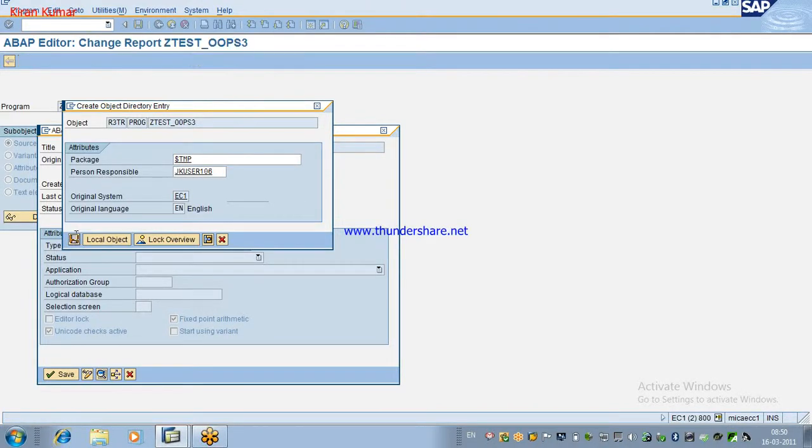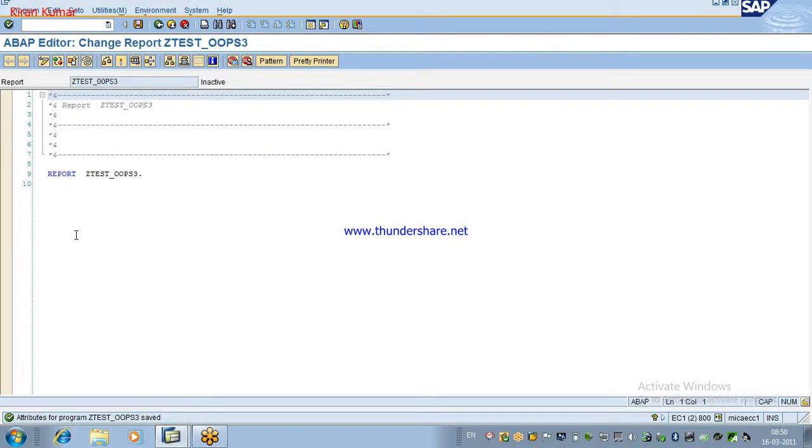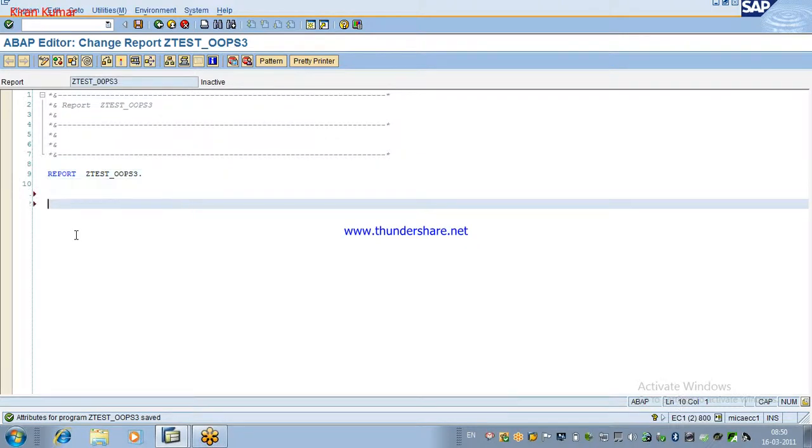Previously we created a class in the SE24 transaction, then came to SE38 and created an object and called the contents of the class. Now in the program itself, we will create a class.